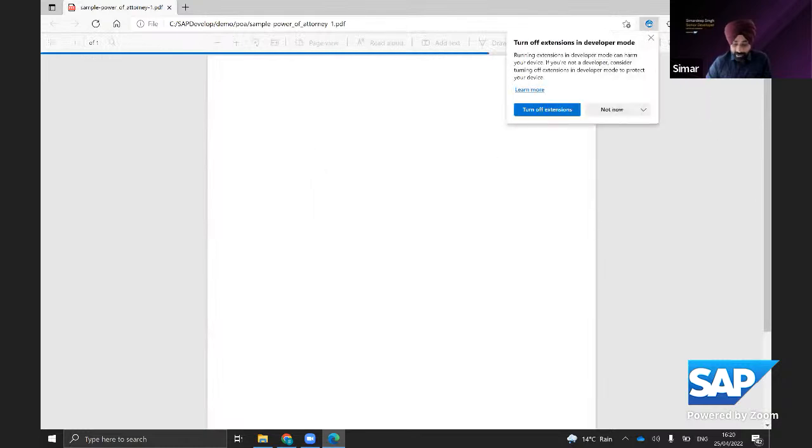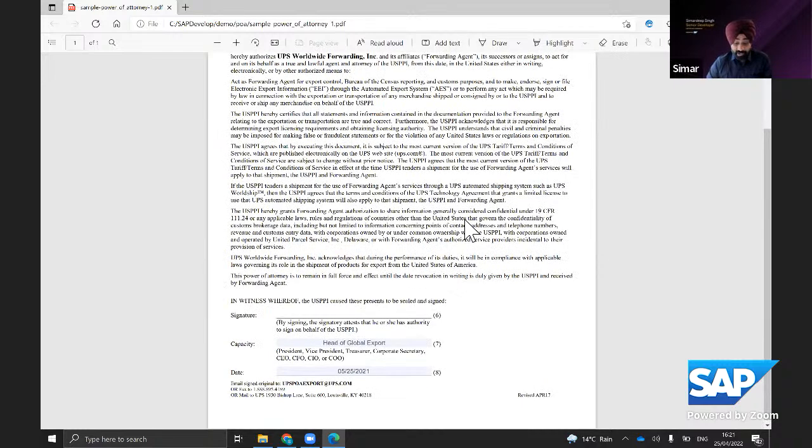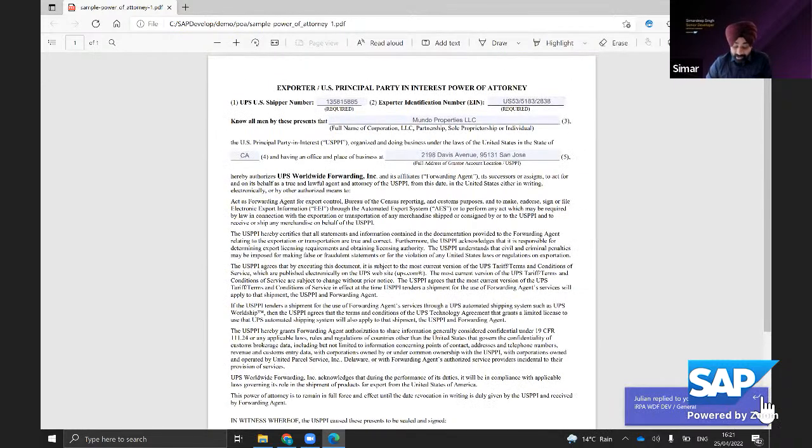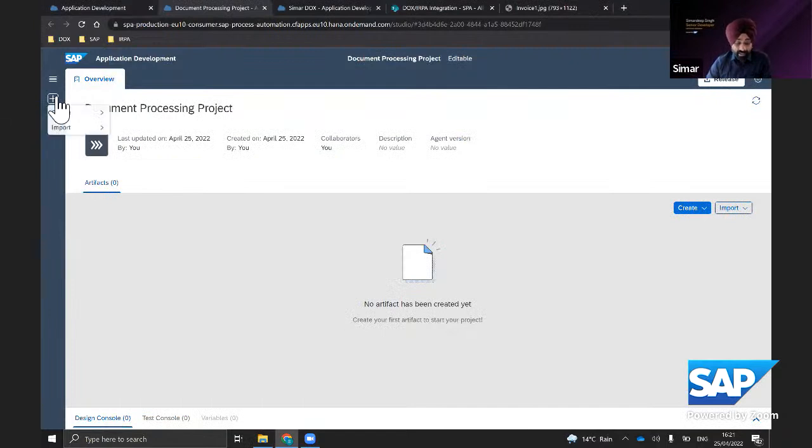These documents generally don't have a specific structure; not everyone uses the same structure. In this power of attorney document, the use case is that I want to extract the complete data, or save this power of attorney document into my system. You can do that using SAP Process Automation. It is very convenient and easy to do.